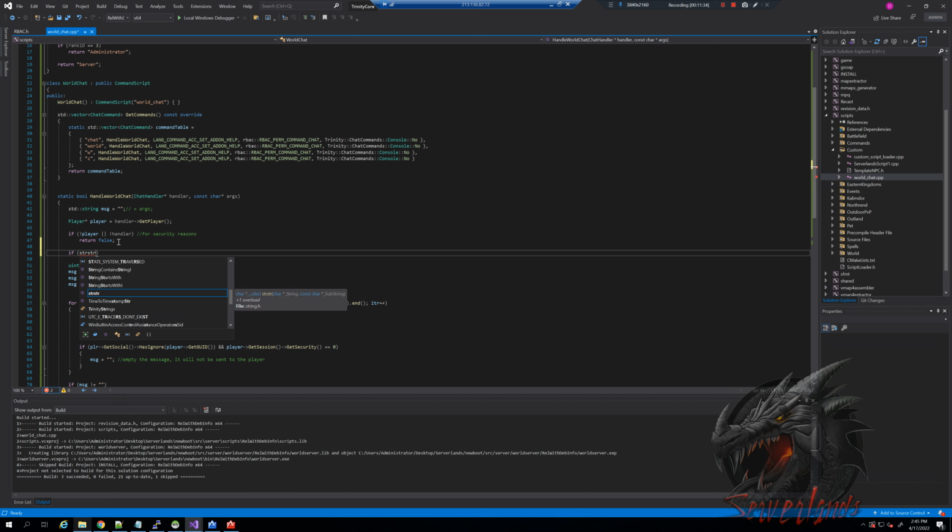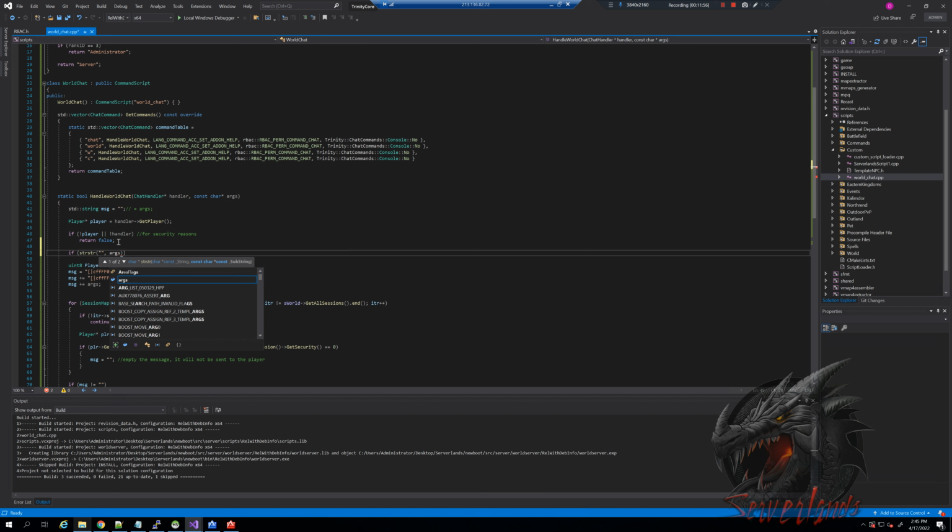This is a command that detects if there is some sort of string or text or whatever within the message that we're about to send. Within, if there is a .com